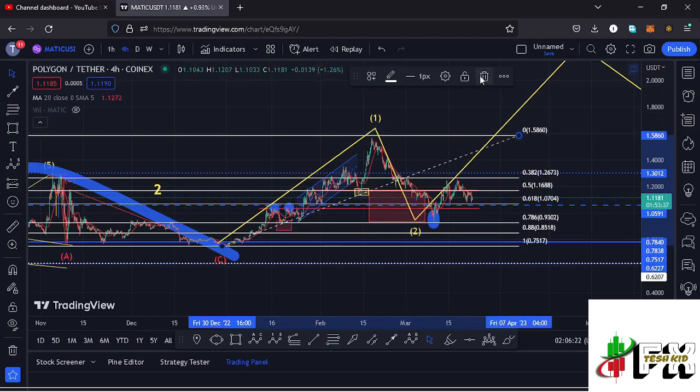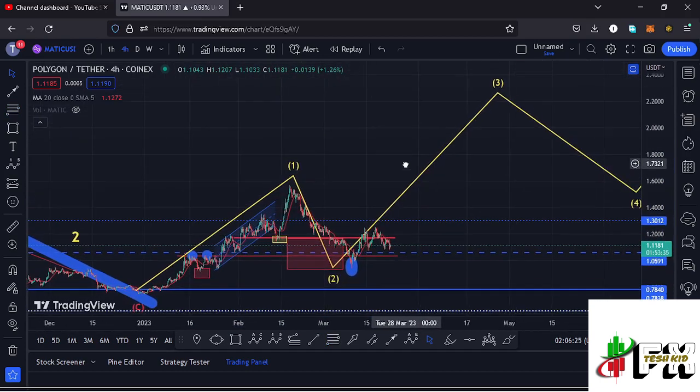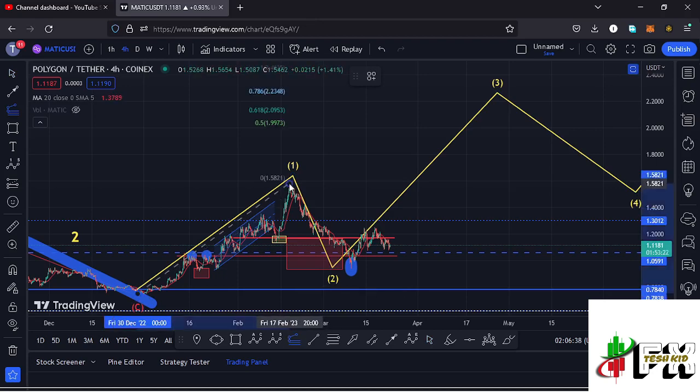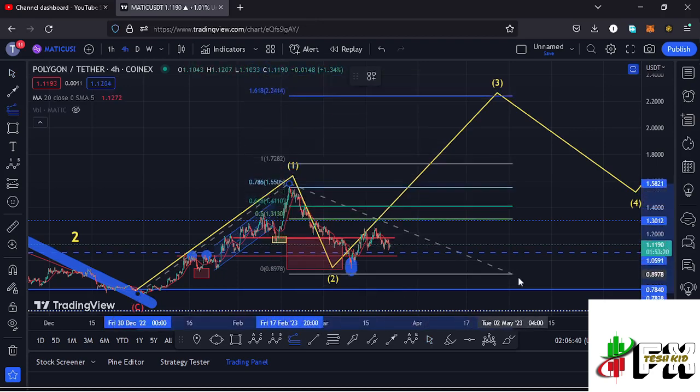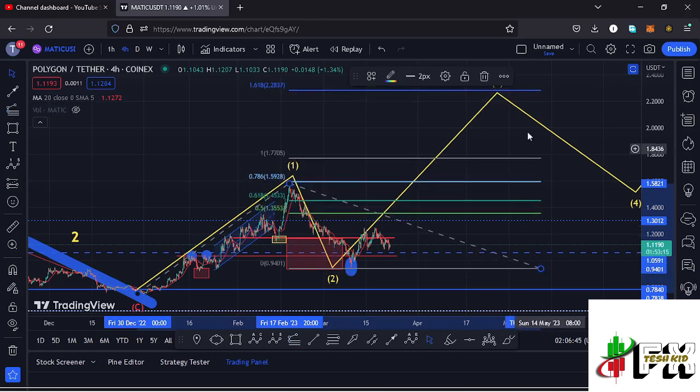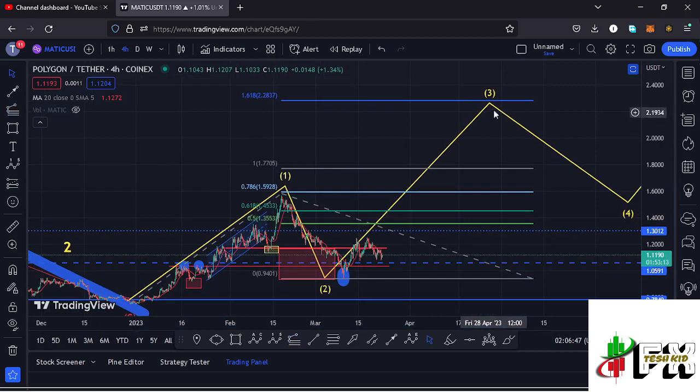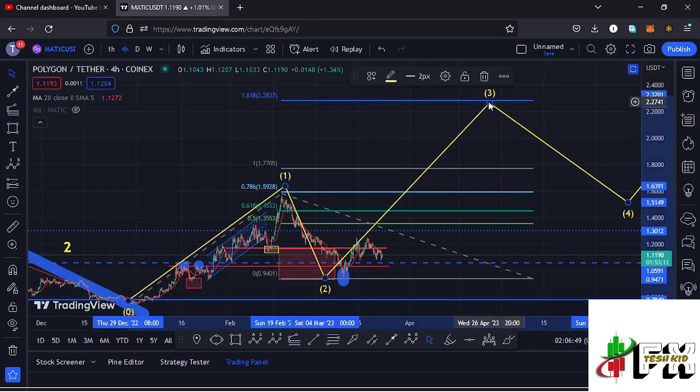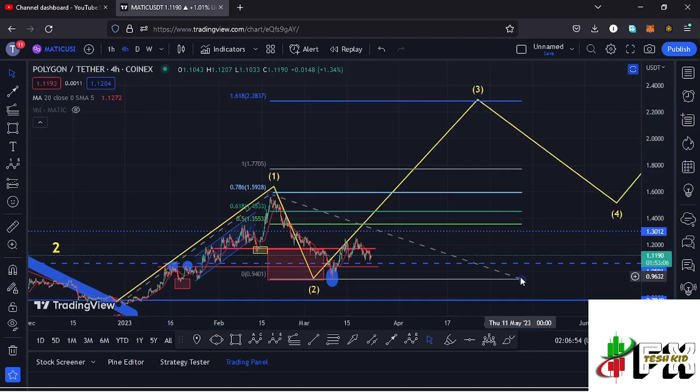And having seen the low for that second wave, whatever we expected next was the start of an impulsive wave to the upside in the formation of this wave 3, and sketching out a target area to the upper side in the formation of that wave 3 by connecting the trend based Fibonacci from the low of the first wave to the high of that wave 1, then dragging the fibs to the low of the second wave. That gave me a minimum target area to the upper side in the formation of that wave 3 at the fib level 1.618, and that is at around the $2.2837 mark, and that is the minimum that I'm expecting that wave 3 to the upper side to do here